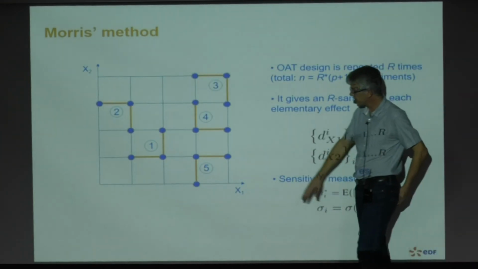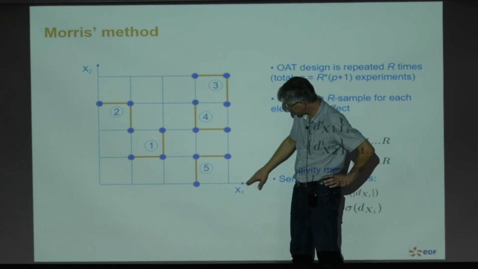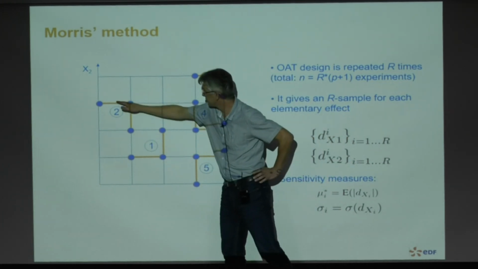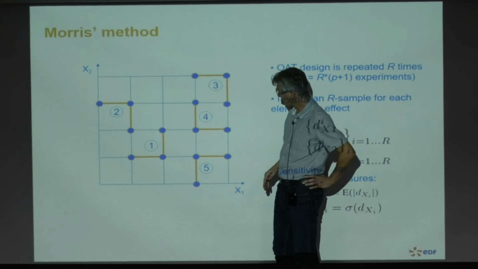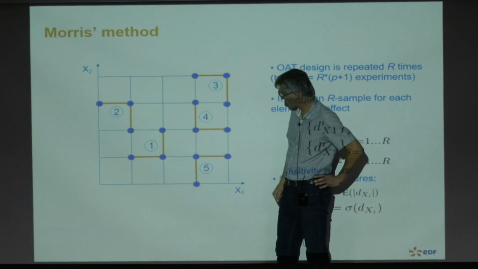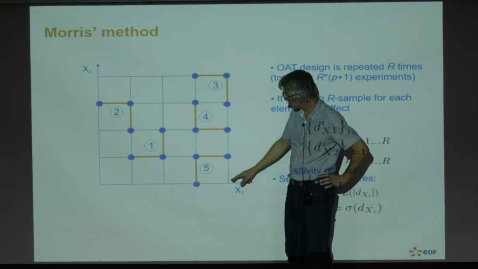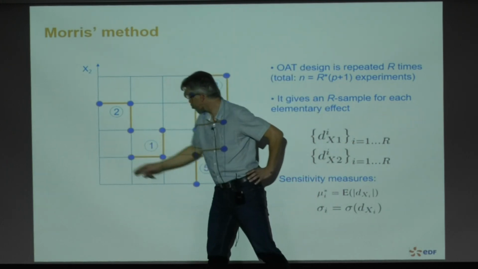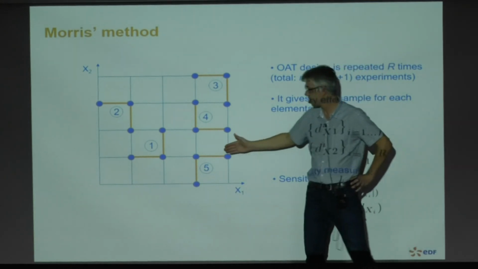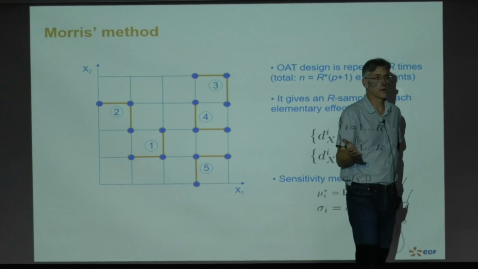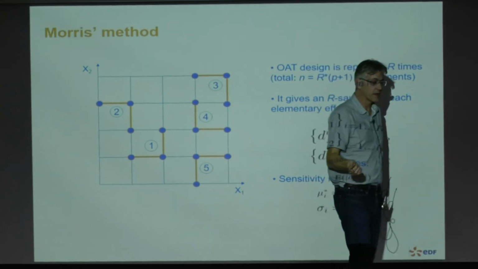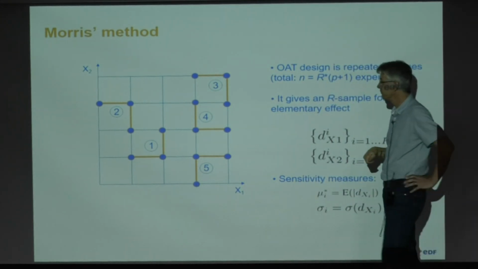So two things can happen. Imagine that I study the elementary effect of x1. So I have this, and this. If this and this are different, what does it mean? It means that following the value of x2, the effect of x1 varies, is different. And this is the definition of an interaction. So if this and this are different, it means that x1 has an interaction with x2.